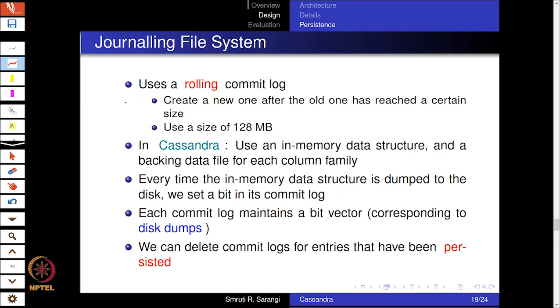So it uses a rolling commit log. Well, what does that mean? It's essentially a large log where data can be added and removed at any point in time. Once a given commit log has reached a certain size, we create a new one, and the old one is persisted to disk, and the size threshold that is used is 128 megabytes. Recall that this is an old paper, roughly 2010. We would ideally like to keep the commit log in memory, and in those days 128 megabytes